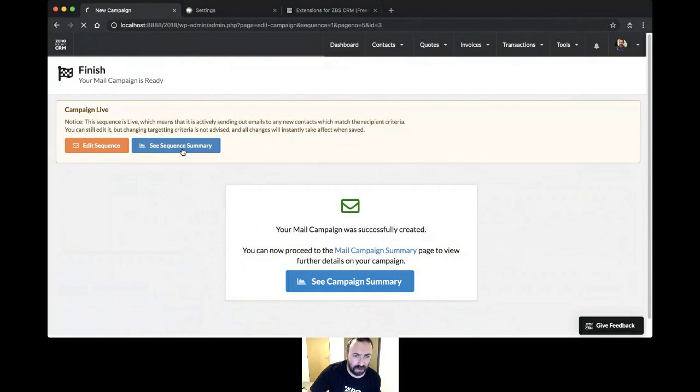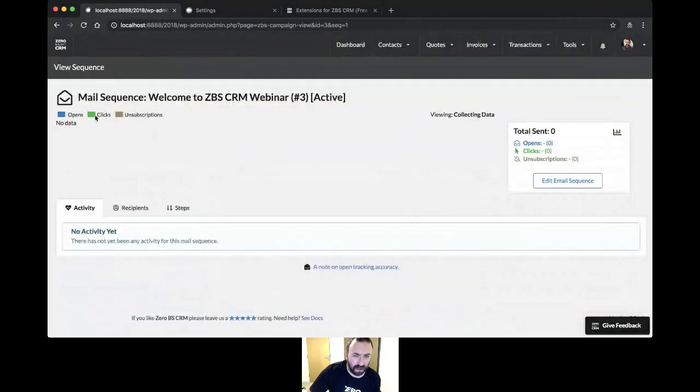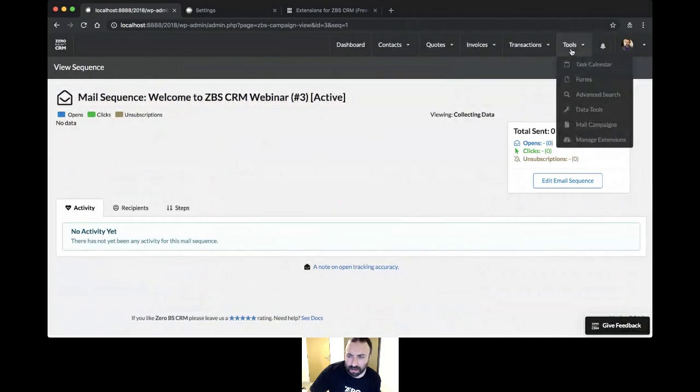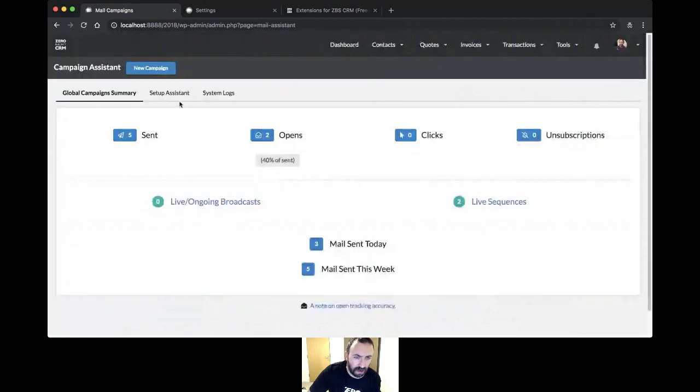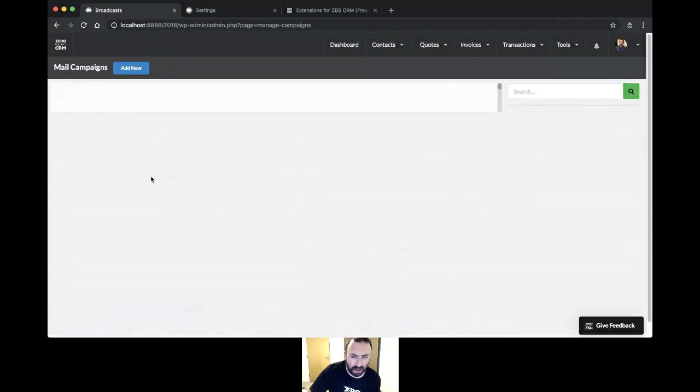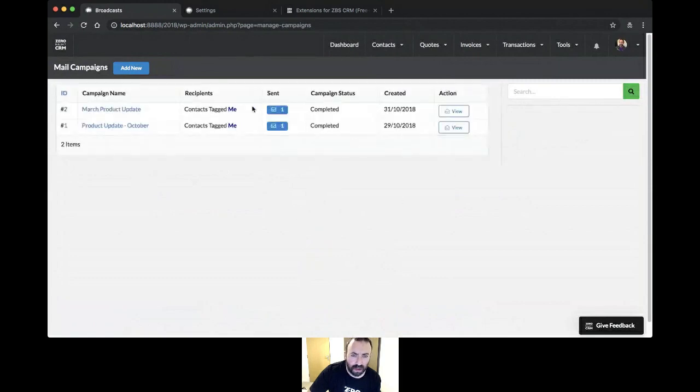And then you can look at the summary of your sequence. So this will show you, so there's no data yet. So let me show you one because it's not sent yet. So if I jump back to one that I made earlier, again, so it was a broadcast this time. So you can do either a sequence or just a single broadcast. And then you can see, so if you want to send a product update for, say, March or October, then